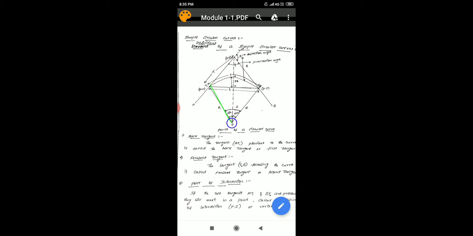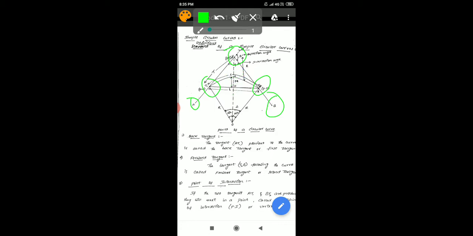This one is the radius. In previous classes I told you and discussed what is a curve, what is a radius, what is a chord. This is also a radius, and this one is a tangent and this one is also a tangent. This is the chord and this is the curve. This one is point A, this one is V, this one is point B. This is T1, tangent 1, tangent 2, and point D and point C.